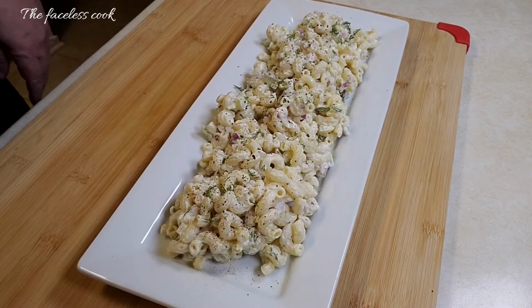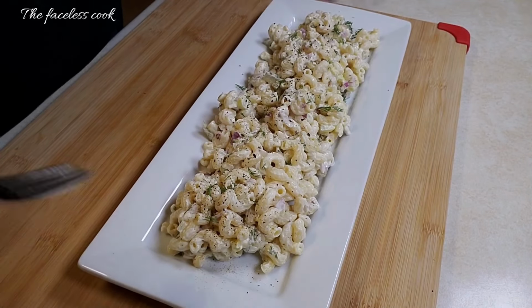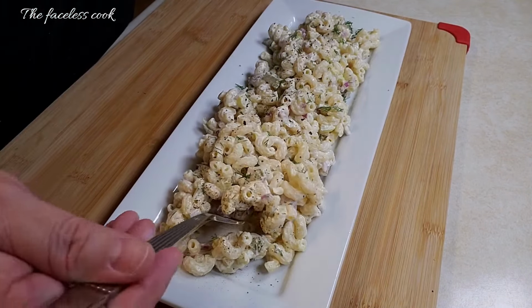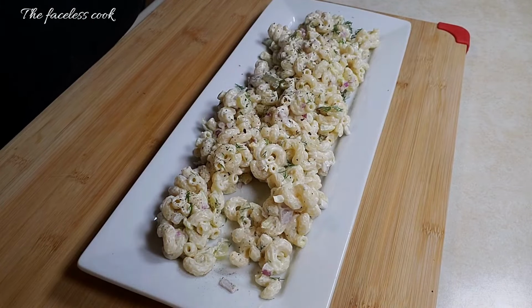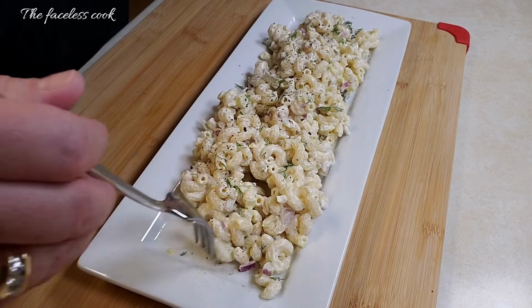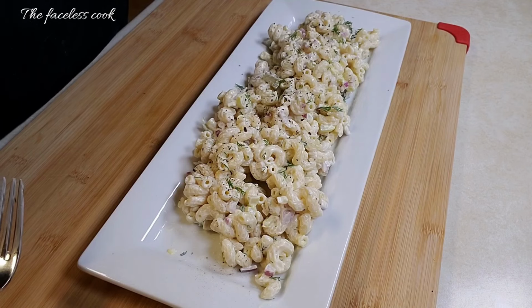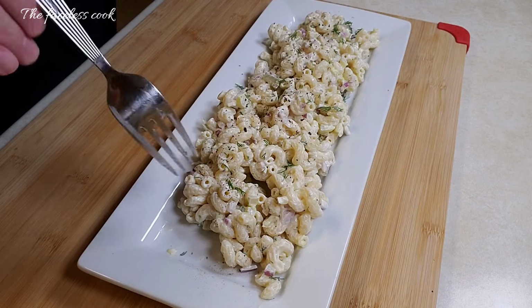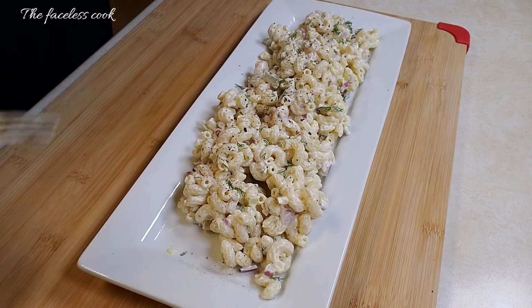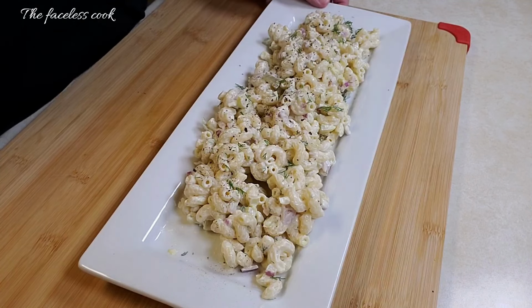Okay, so we're back for the taste test. Let's see how this is. I know that this is good, but all right. So let's just dig in here a little bit and see what we got. This is perfect. What I mean by that is that the dill flavor, you still have those crunchy pieces of